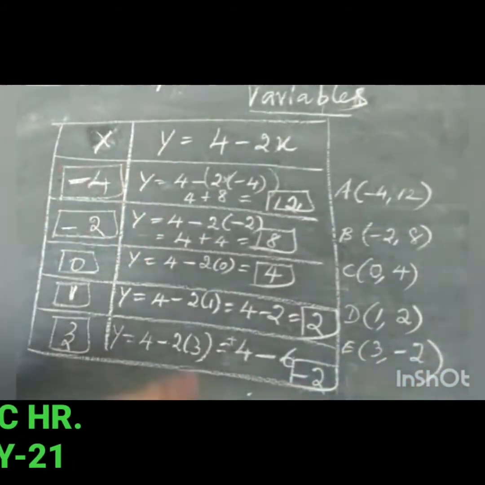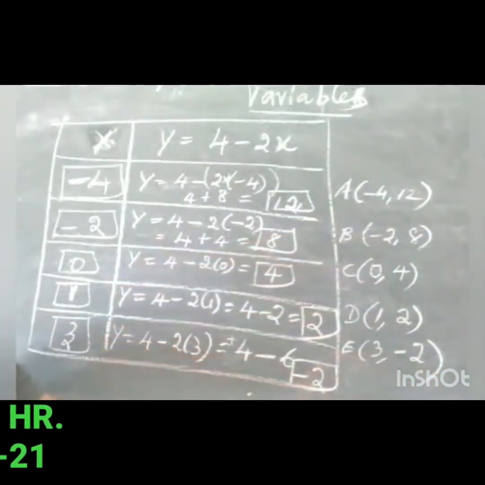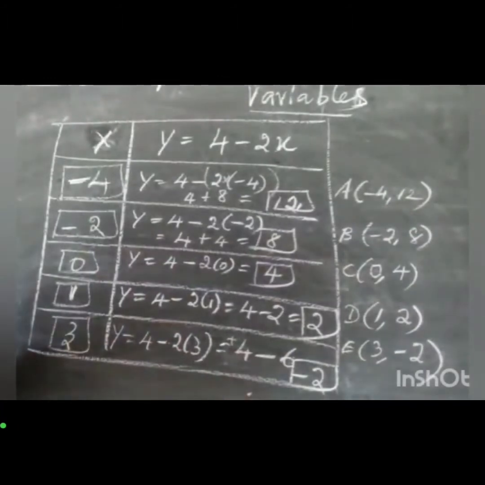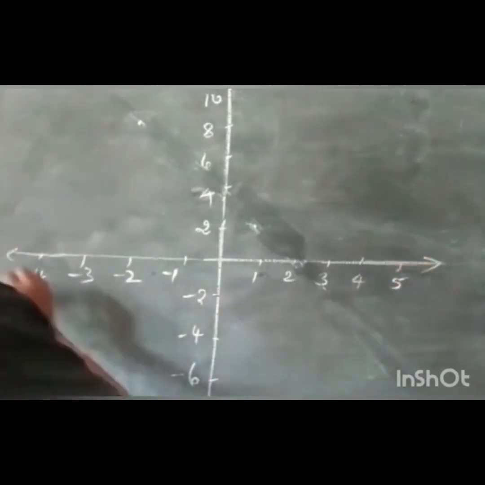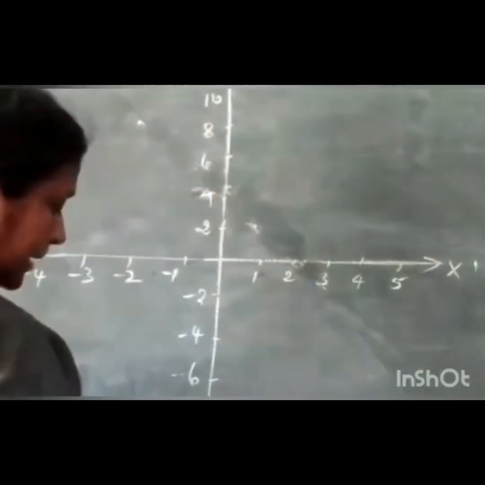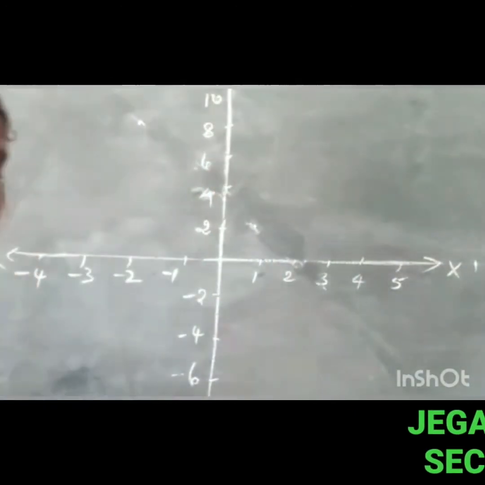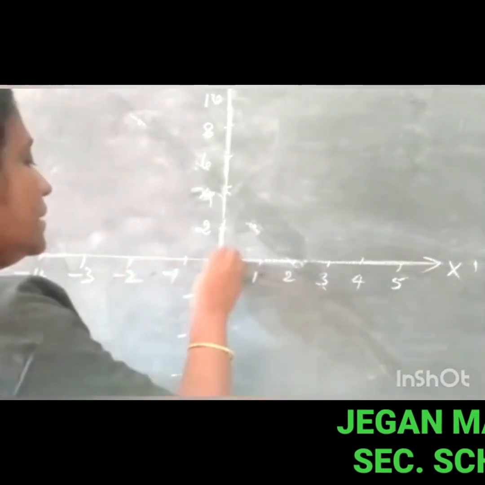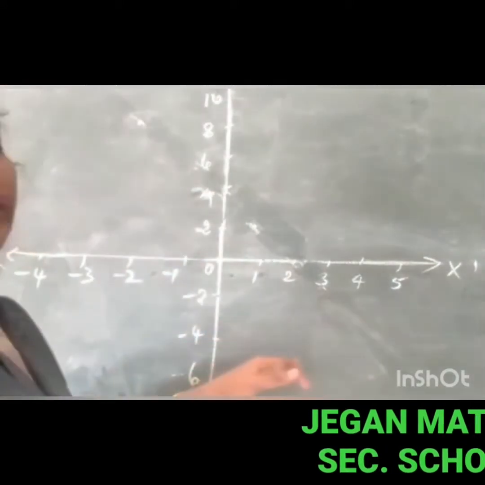Now you have to mark all these points on the graph sheet and join all the lines. Is it clear? Now let us start the graph. Given the numbers, the first point. As usual, you have to draw the x-axis, x dash, and then y dash. You can mark it and then write the numbers. Write the positive and negative integers. In between, you can mark 0 also.